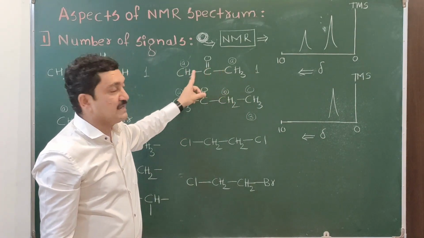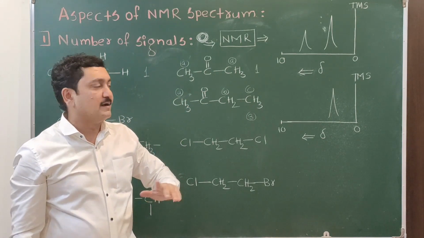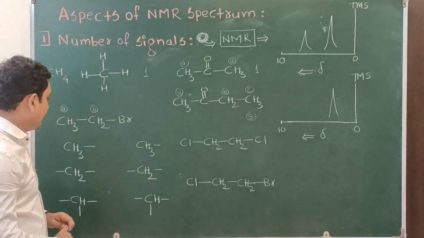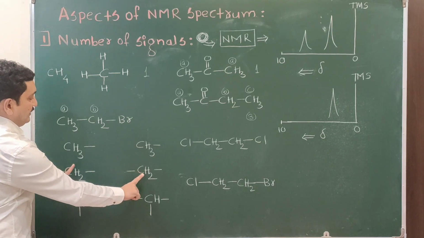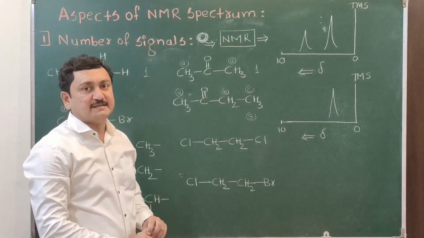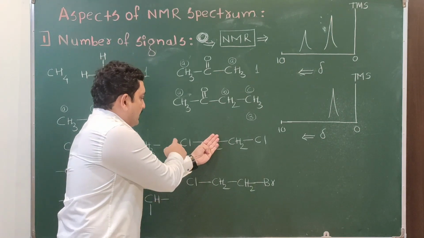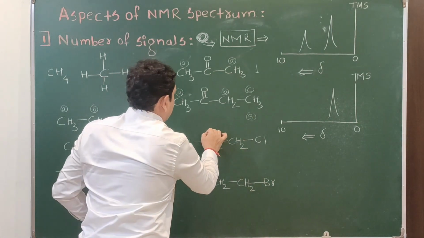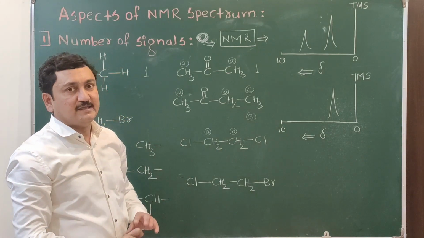Here two CH3 are equivalent. Means two CH3 can be equivalent or cannot be equivalent. That depends on the compound. We have to check and we have to decide. Similarly, if in a compound there are two CH2, they can be equivalent or they cannot be. We have to check and decide. Here two CH2 are equivalent because both have the same chemical environment. Direct chlorine CH2Cl, direct chlorine CH2Cl, they have the same chemical environment, so they will give the same signal.